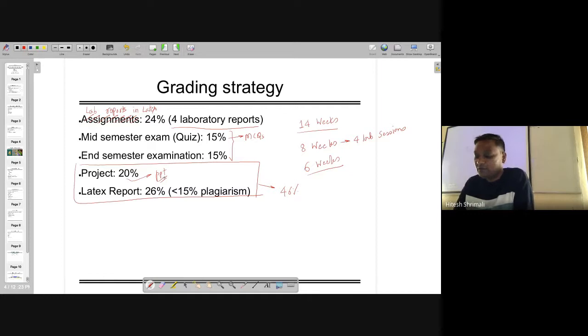So for the project, you are going to have 2 students in a team. So you are free to choose anyone. And I'm going to tell you what project will be there at the end of the 8 weeks, so that you can work on that, right? So any problem in this? It's similar to what we were doing in the last semester, right? But no problem, right? Ashwin, any problem? Okay.